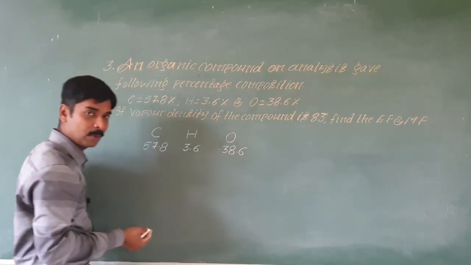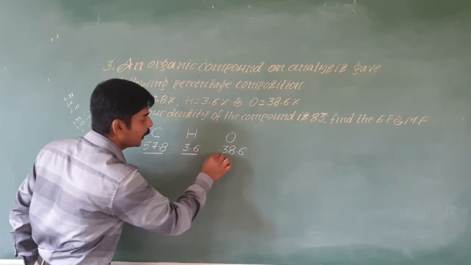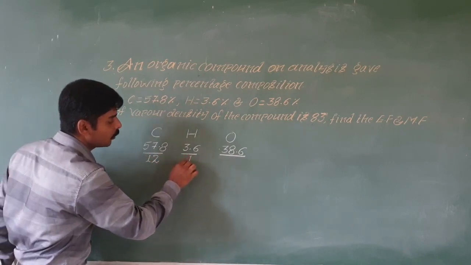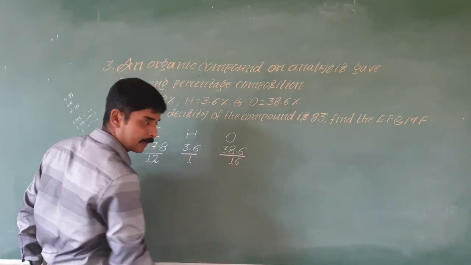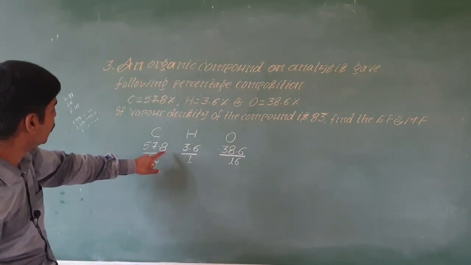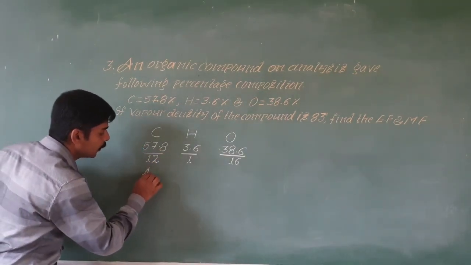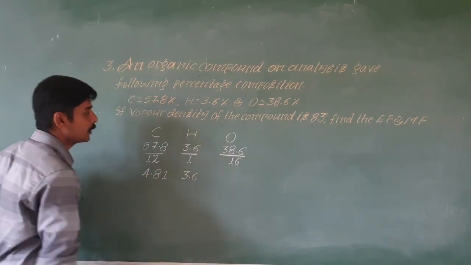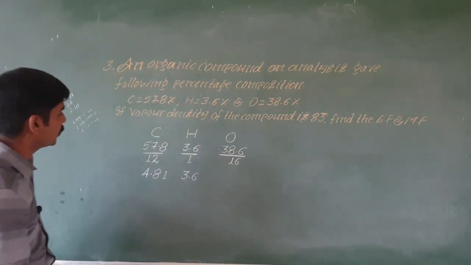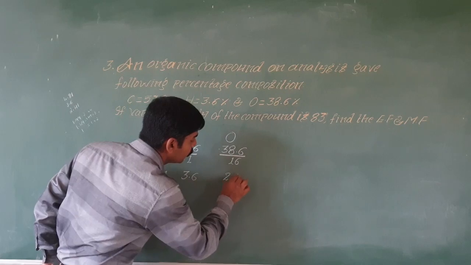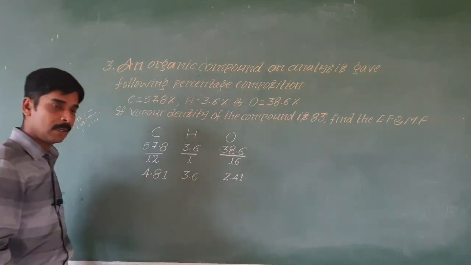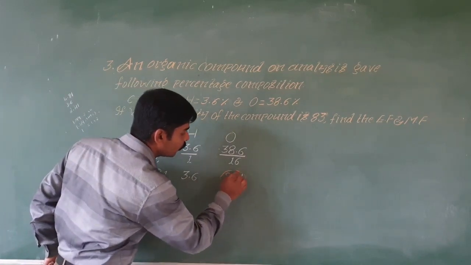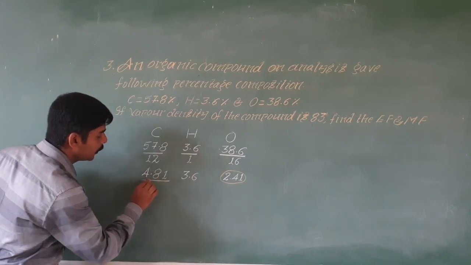38.6. Next step, you must divide this by their atomic mass. So atomic mass of carbon is 12, hydrogen is 1, oxygen is 16, and when you divide 57.8 by 12, you will get 4.81. This is 3.6, and 38.6 divided by 16 is 2.41. Now round off the smallest out of these three. The smallest is 2.41. Divide this by the smallest: